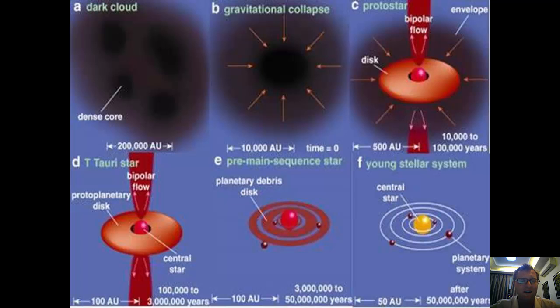As this continues, what we have is what's known as a protoplanetary disk, and what that means is that it's the disk where eventually the planets of our solar system will form. We'll have a pre-main sequence star. So what we have there is the star is just absorbing the final debris and leaving a planetary system behind, and then we have our central star is ignited with a set of planets rotating around, as we see with our sun and our solar system. So that's how stars are